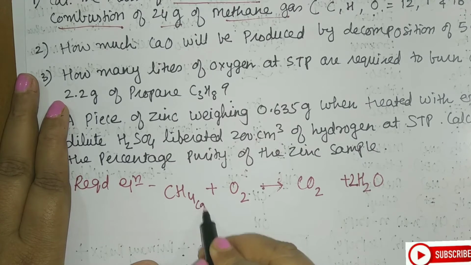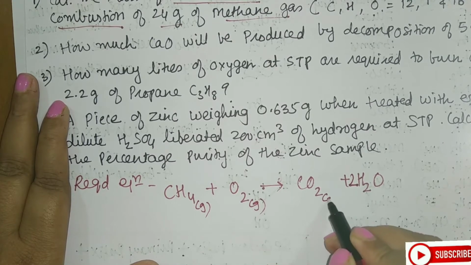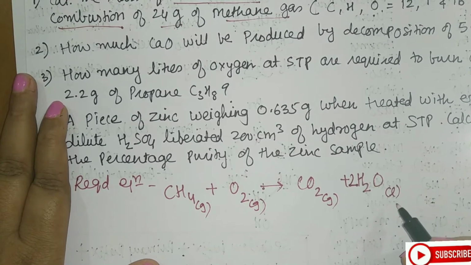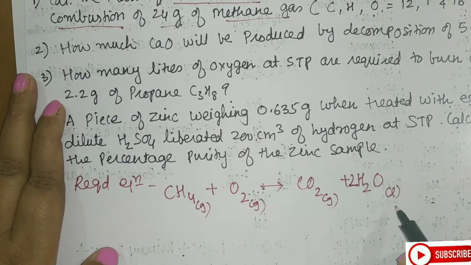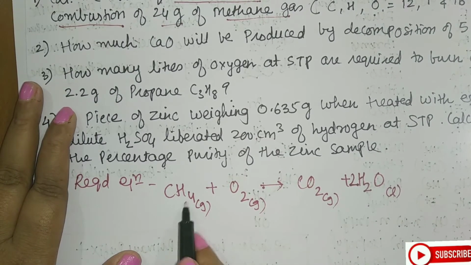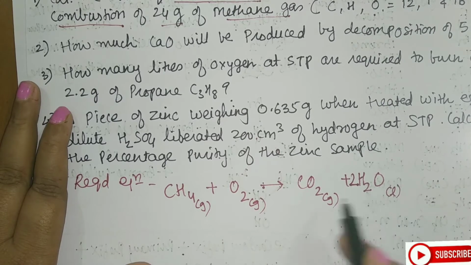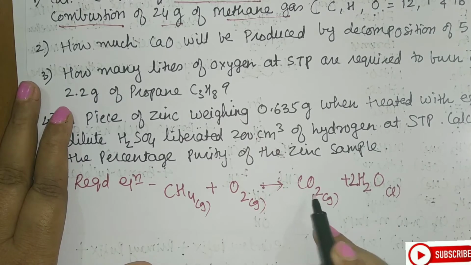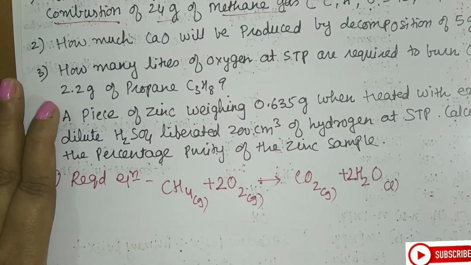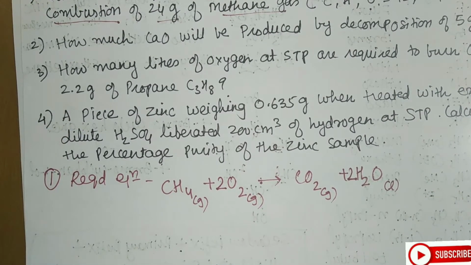Before that, I must write the physical states. In case required, you can use the physical state. Here you can consider the physical state as liquid because this is the most stable state in which the water exists. Hydrogen is 4, so I marked here 2. Now on this side, it will be 2 oxygen and 2 oxygen, 4, so I will mark here 2. So students, now I have balanced the chemical equation.